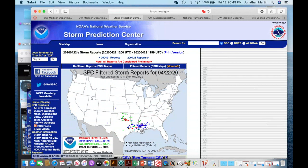I don't know off the top of my head if lives were lost in those storms, but I know in Oklahoma and in Texas some were. And then there were widespread hail reports as well in the broad area, and then wind reports. And then finally, yesterday's weather